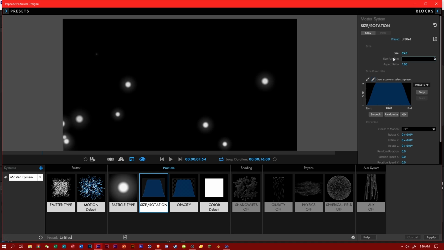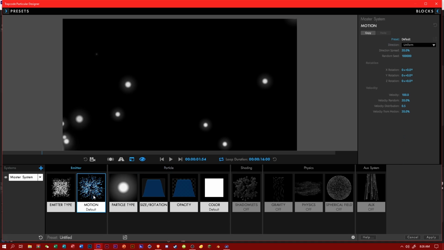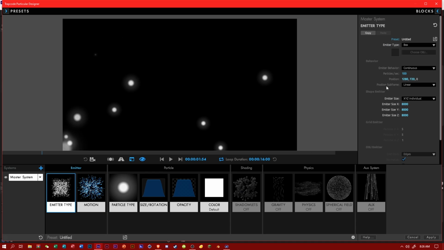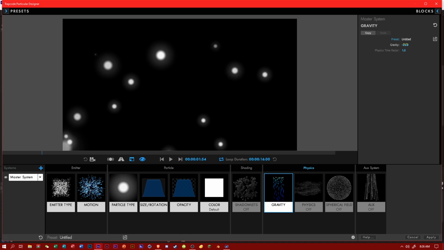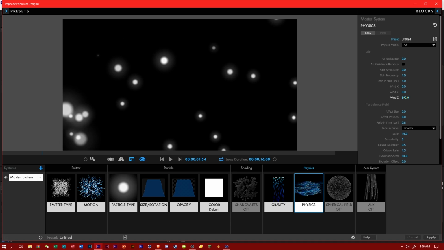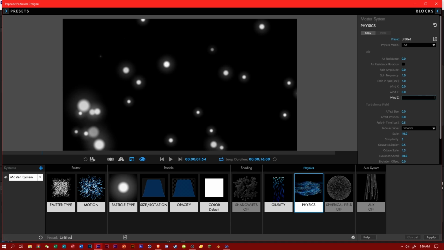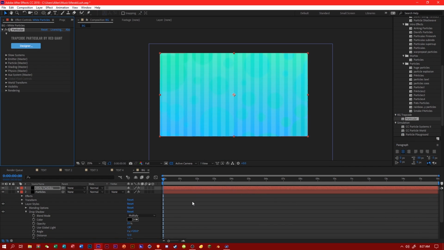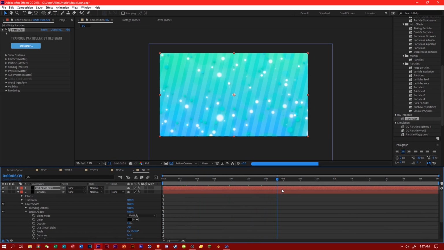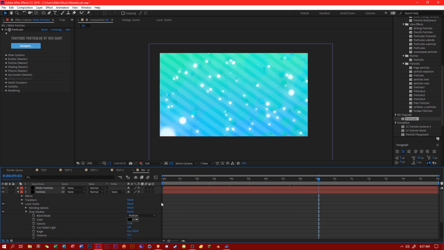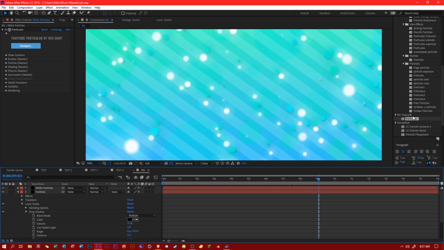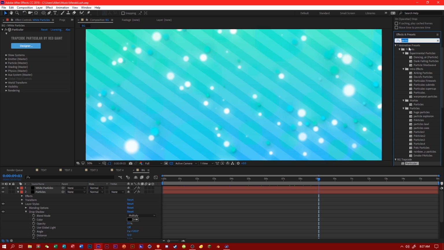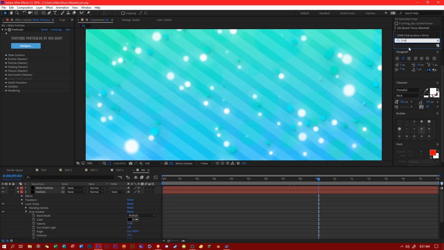Size random, put 25. So there you go. Velocity 25 as well. I'm gonna increase the particle size to that. Boom. Negative that here. That, boom, it looks decent. Okay, we can also do the pixelated style, so I'm gonna do